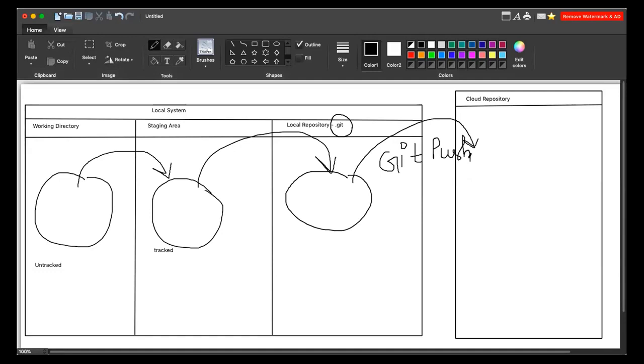Clear? Now, you don't want to move everything. When you make changes in a particular directory, which is the working directory, then it is untracked. So it should be tracked by the Git system, right? Which files do you want to move from the working directory to the cloud repository, because you have lots of files? You don't want to move all the files to the cloud repository. You just want to move the files which are related to the project. Clear?